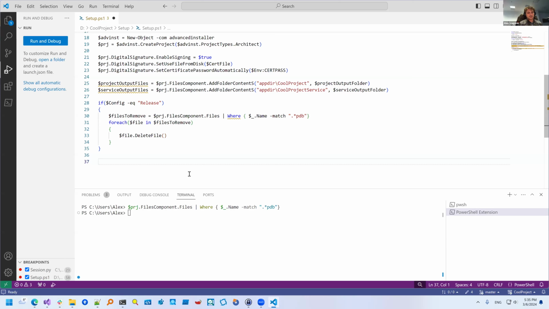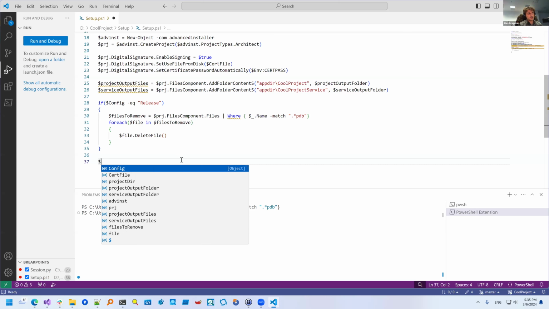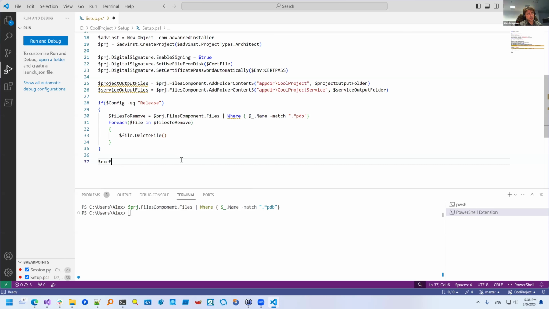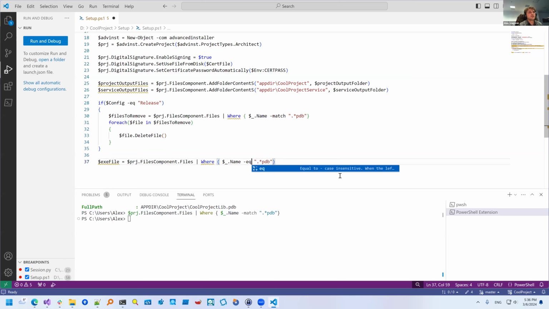Now that we have added our project resource files, we can create shortcuts for the application. Let's find our application's main executable and put it in an exe file variable. We do that by using a where clause, as we did for the PDB files, which we can just copy and paste, but we have to specify the exact name of our exe, and we already know it. The file name is